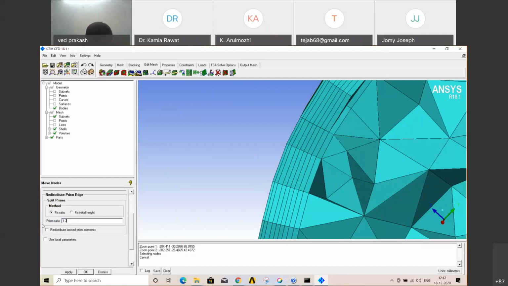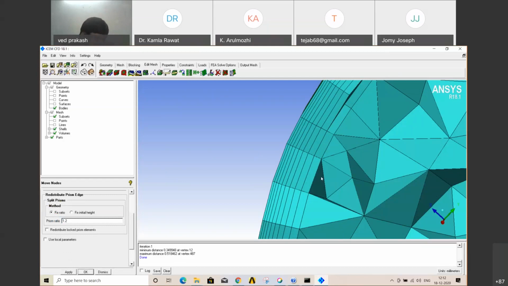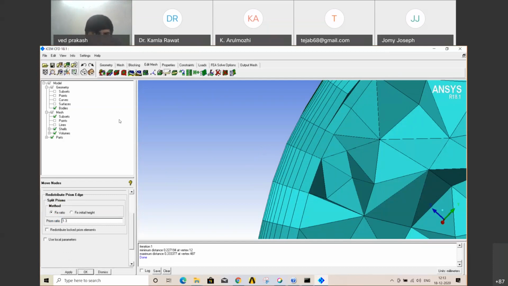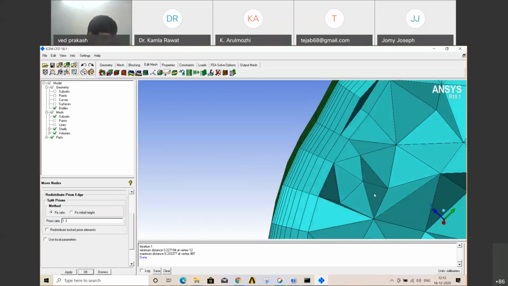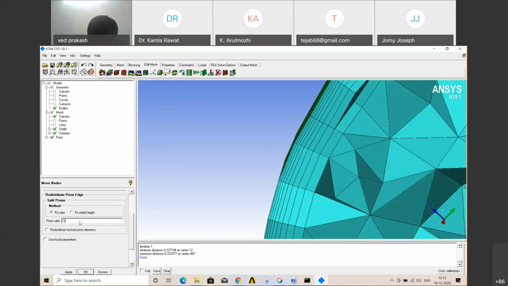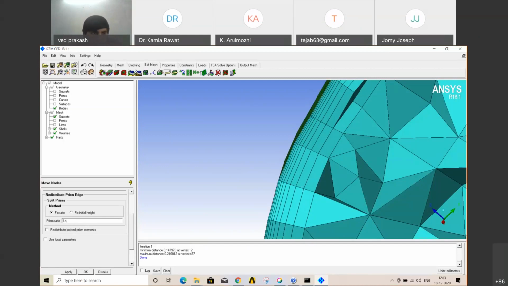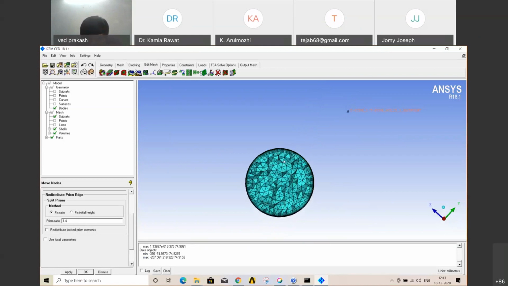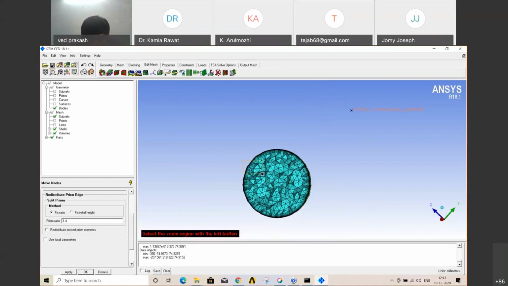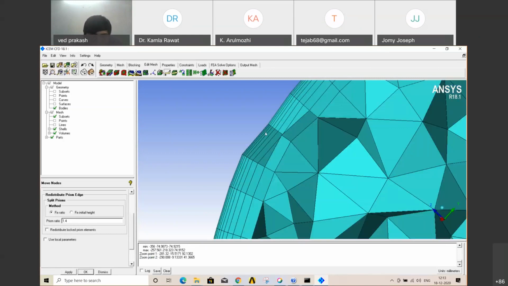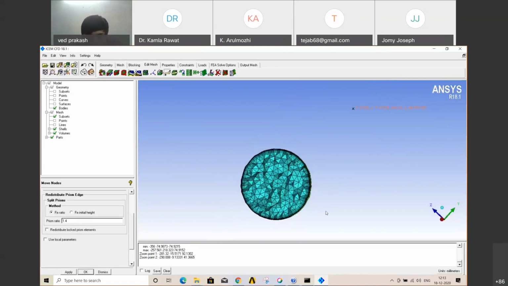Okay, then apply. You can see our elements shifted, and you can also change it to 1.3. Okay, I think that's good enough. Let me try one more, 1.4. Okay, I think that gives quite a good boundary layer effect. All right, near the boundary elements are very defined.